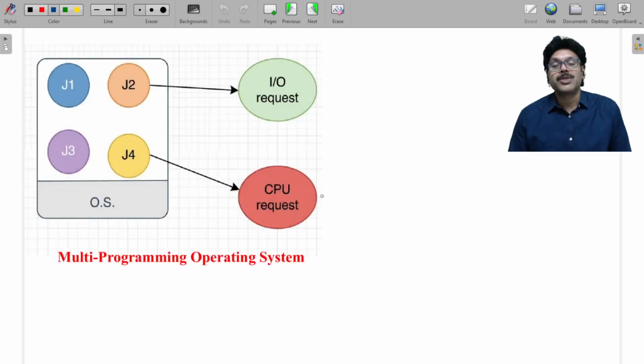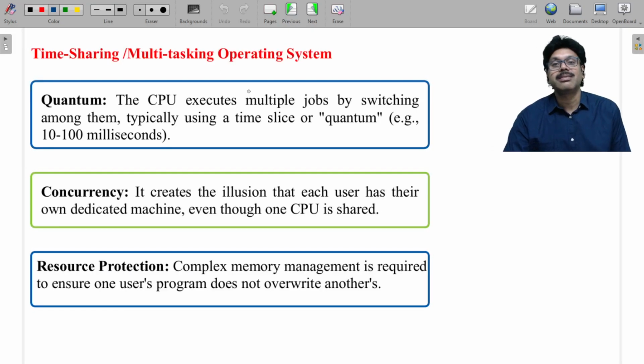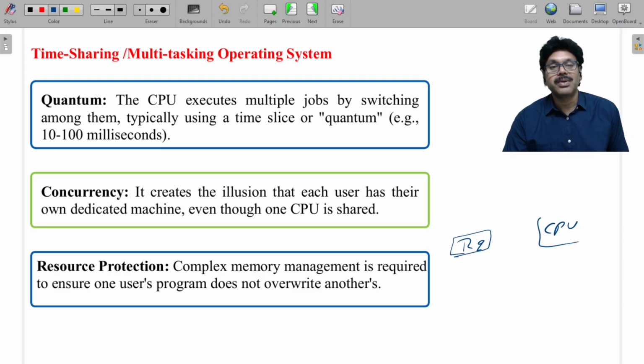This problem is eliminated in a multitasking operating system. What is a multitasking operating system? Time sharing. Though you need 200 units of time, I don't give you access to the CPU for 200 units. I will give a fixed time, 2 units or 10 units. Once you complete your 10 units, you have to come back. Next round you will go and access the CPU once again. That's why it is completely based on a round robin fashion. Sometimes the process is in the ready queue and sometimes the process is with the CPU.